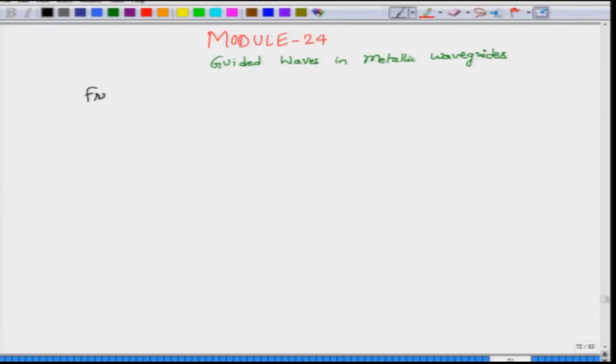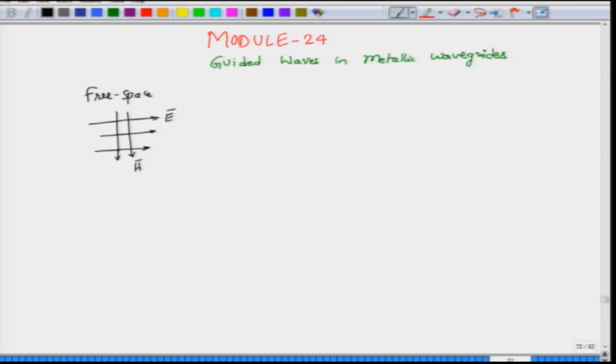The first structure is the one that has no structure at all, meaning that it was free space. So, in free space, if somehow we were able to generate electric and magnetic fields, whose electric field, say, is along the x direction and whose magnetic field is along the y direction, then this would be the electric and magnetic field picture that you would see. These are the electric field lines and these are the magnetic field lines, and these lines are perpendicular to each other, and this pattern essentially propagates through free space or a homogeneous medium